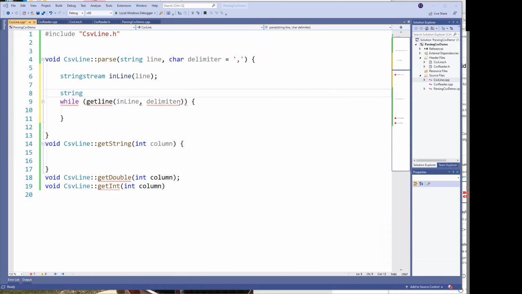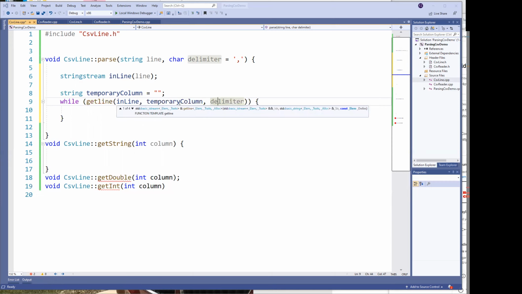We'll just call it column, temporary column. We'll pass it to temporary column. Like that. And now what we need to do is in our